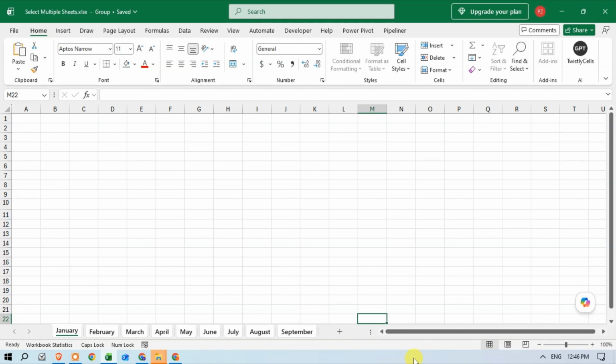Here is one bonus tip: when multiple sheets are selected, anything you type, format, or insert on one sheet is applied to all selected worksheets. Suppose I select one cell and type here "subscribe". Okay, just edit here. Okay, then I select this, go to the Home tab, and I bold this text,